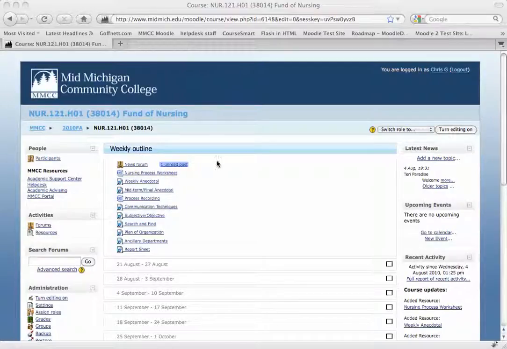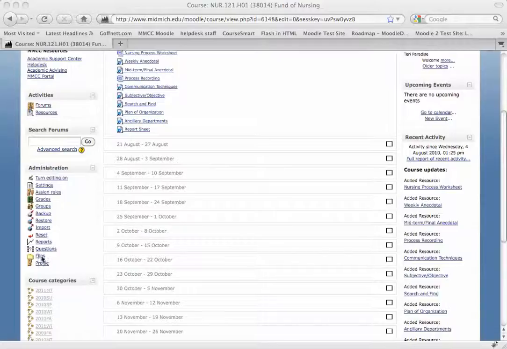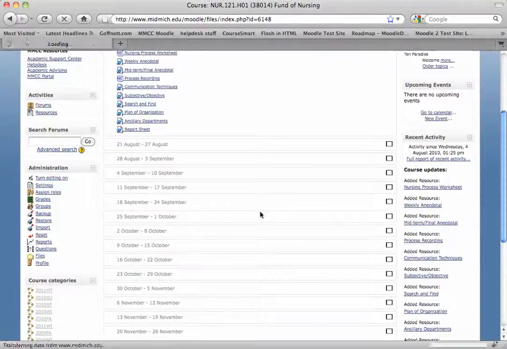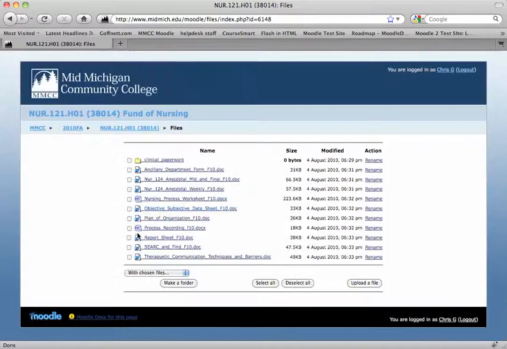To move all of your files into a folder and then display the folder, first step would be to click on Files. That will bring up the file location. You've already created the folder by clicking Make Folder and going through that process, so we'll just move them. You just need to check the box next to each of the items, and then there's a drop down menu